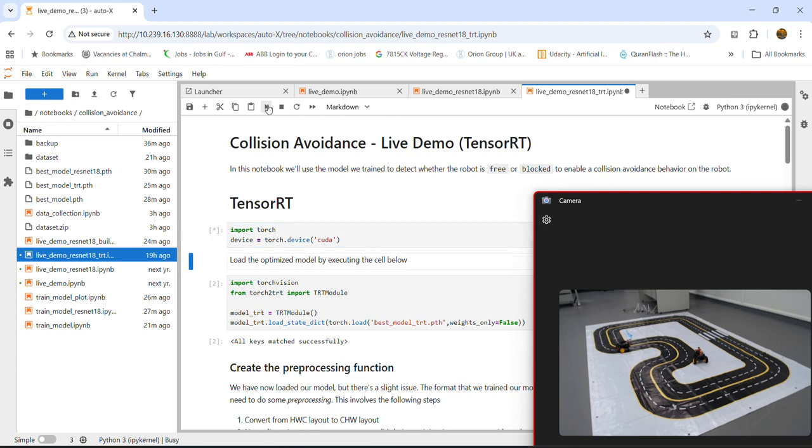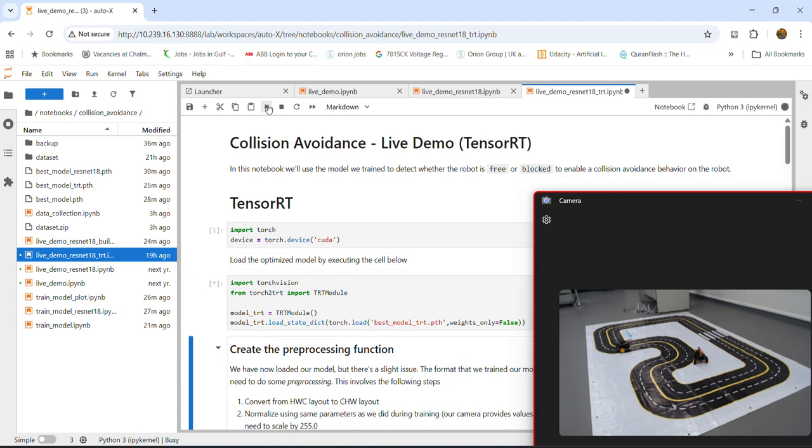So now we import the libraries, load the model,